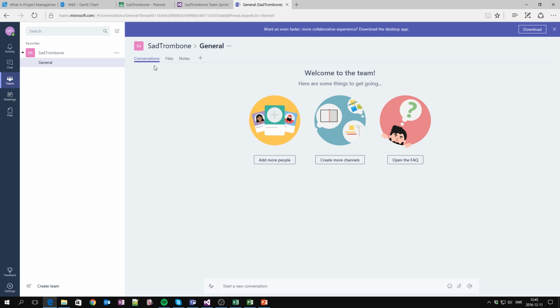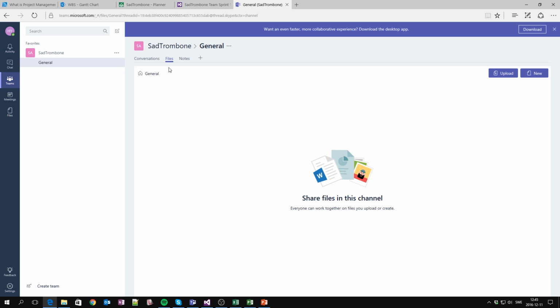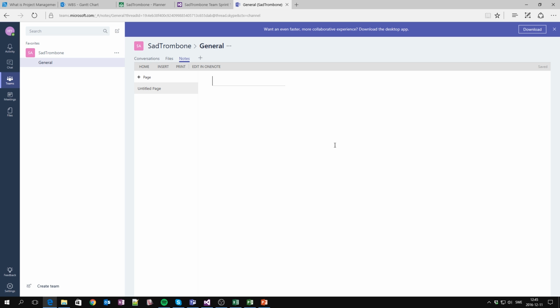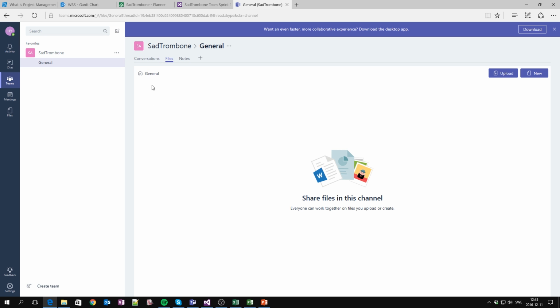What you can also do is have various files. You can actually upload files here, so you can not only have a conversation, but you can also upload files. And you can also have notes, OneNote notes, and this is actually OneNote. So I can do exactly the same things as I did in OneNote. I can even open it in my desktop version of OneNote, so I can have all my notes stored in one place. And the files here, I think that is familiar to you if you click on the upload